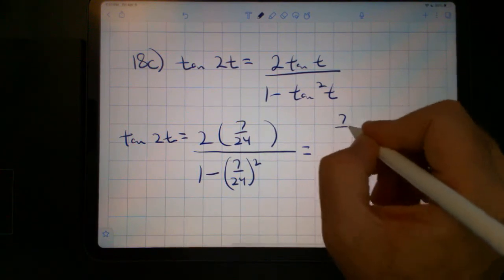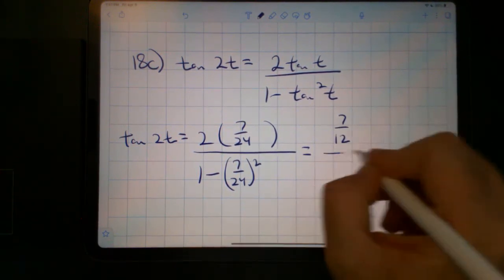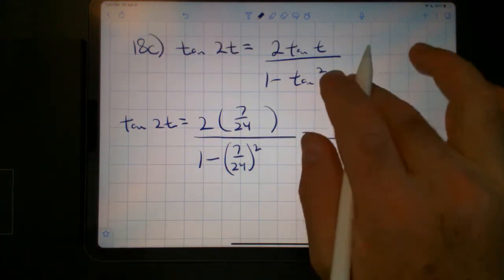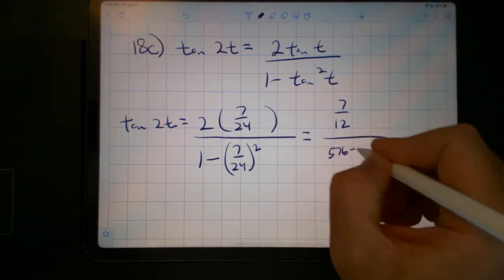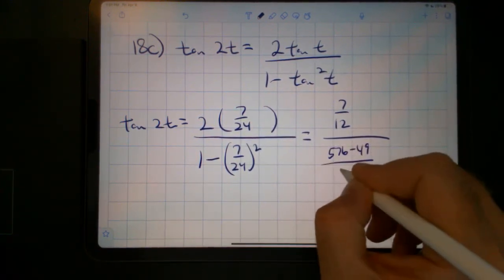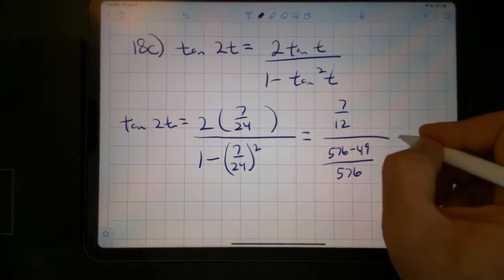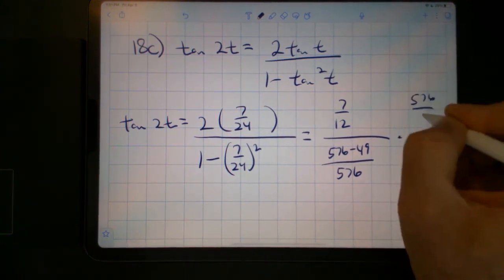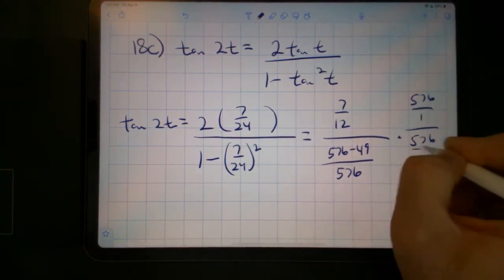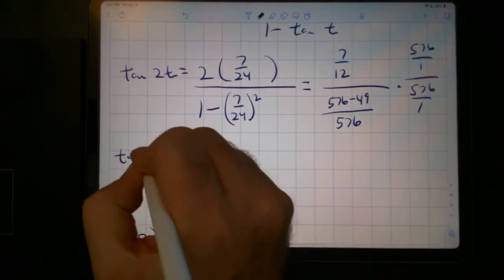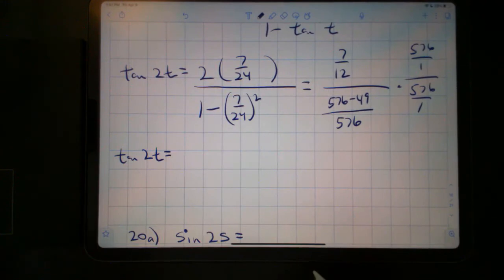So this would be 7 over 12 in the numerator divided by 576, and we multiply this by, and then this would mean that tangent of 2t is equal to